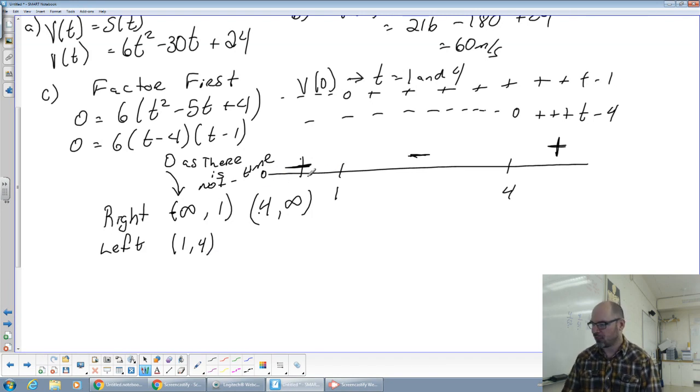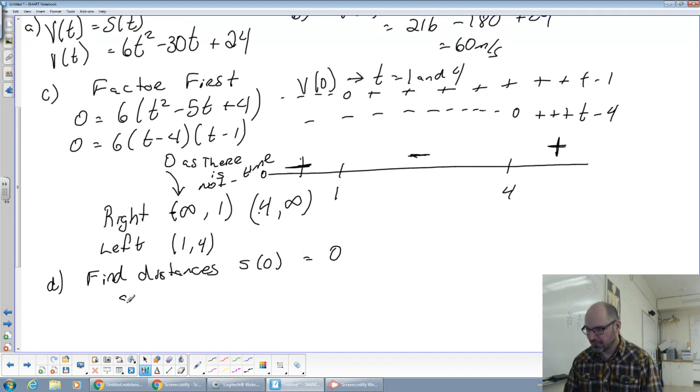So we could find the distance it went here, the distance it went here, and the distance it went here. So find the distances. Okay, so looking over here, we can find that the distance at 0 is going to equal 0. The distance at 1 second, okay, so that's going to be going,